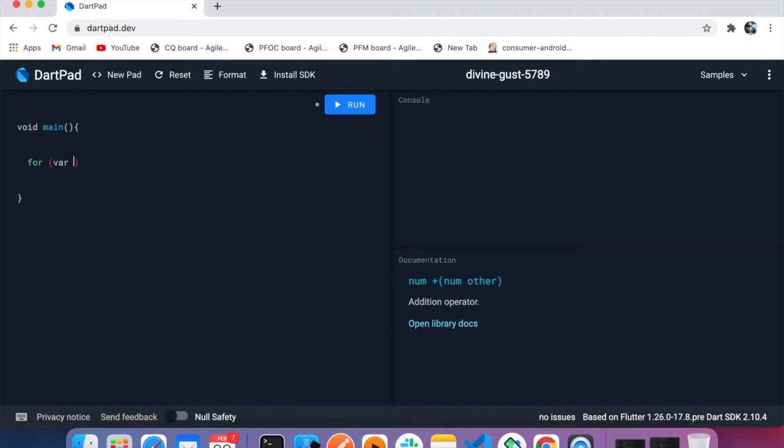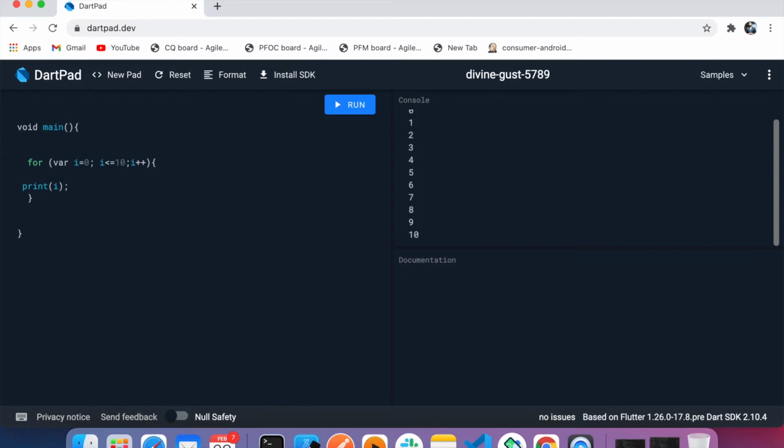So this is my basic syntax of a for loop, and this is my increment. And if I print i, then it should give me the numbers from 0, because my initial value is 0, to 10. Perfect. Now, how can I use break and continue?